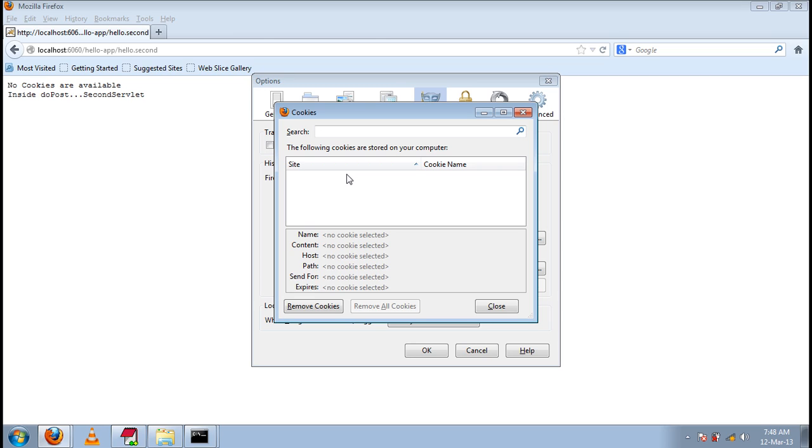So, session management should not be in the control of the browser. It should be in the control of the server. But if you use cookies, session management will be in the control of the browser. Just because cookie information will be stored in the temporary internet files of the browser, at any point of time we can remove cookies from the browser.